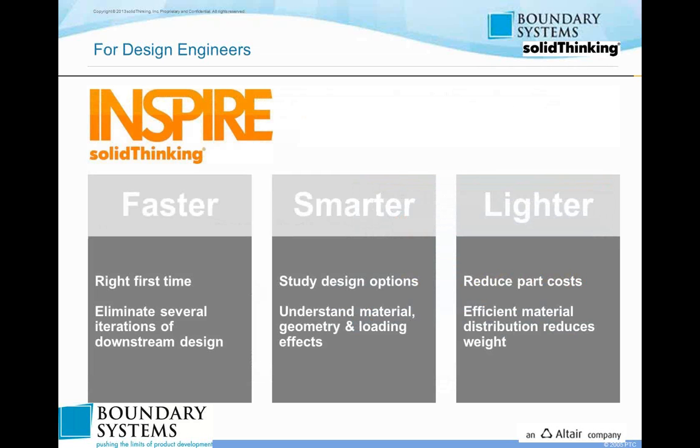Now with Inspire, basically the three main things are that it's faster, smarter, and lighter. First off, Inspire runs very quickly, and so that way you can get it right the first time. And as a result of being able to get it right the first time,